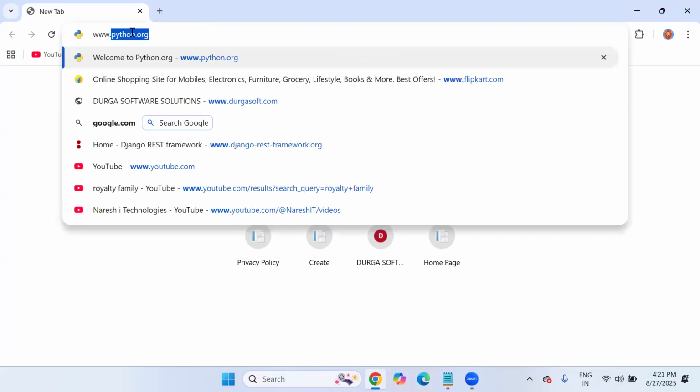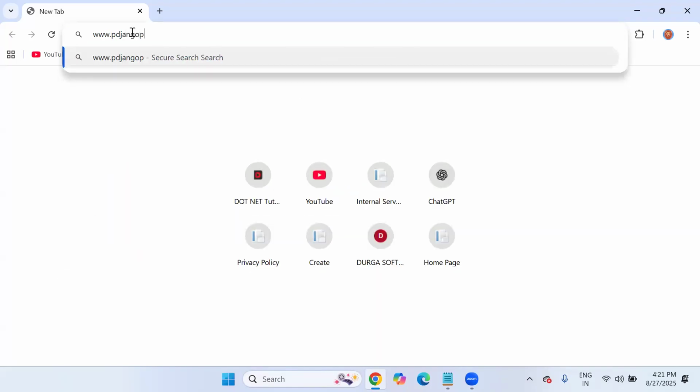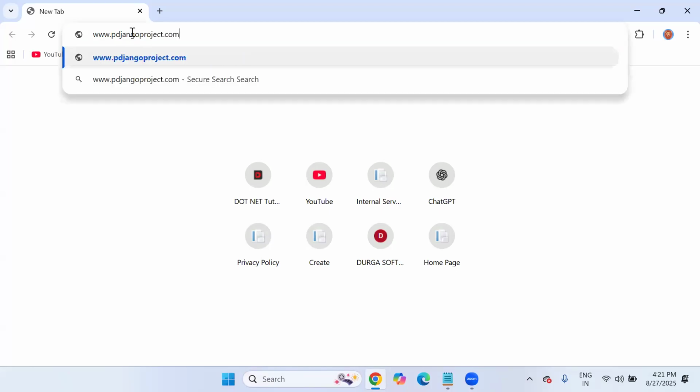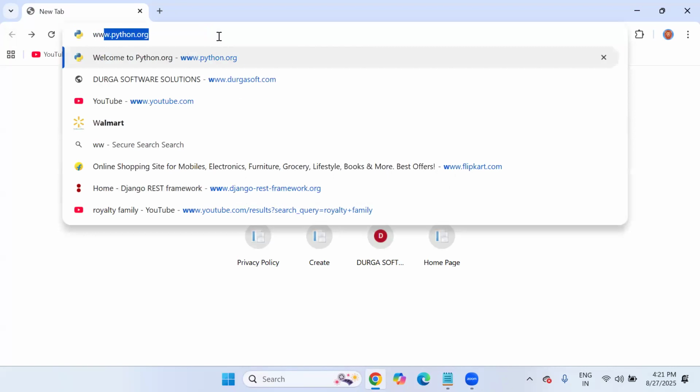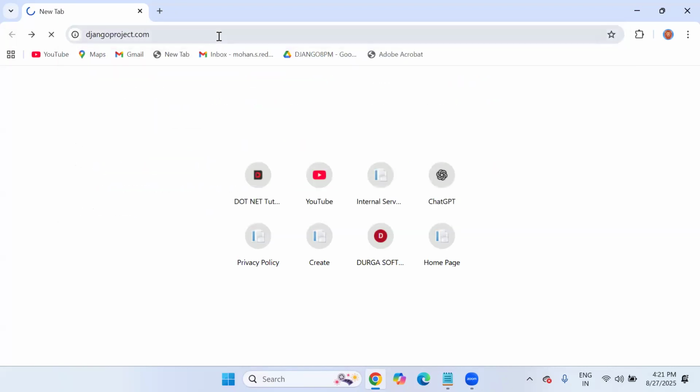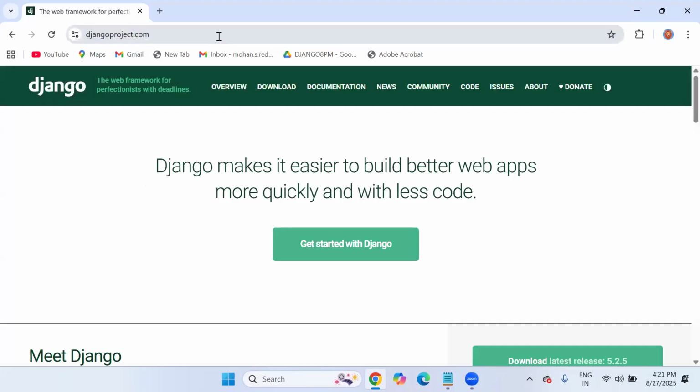So let's visit the website. Sorry, it's my mistake, a typing mistake. It is djangoproject.com. So this is the official website of Django. Whoever wants to go for documentation and know about Django completely can visit this website. Django makes it easier to build better web applications more quickly with less code, right? If you want to get started with Django, you can use it, or else you can click on the documentation section.